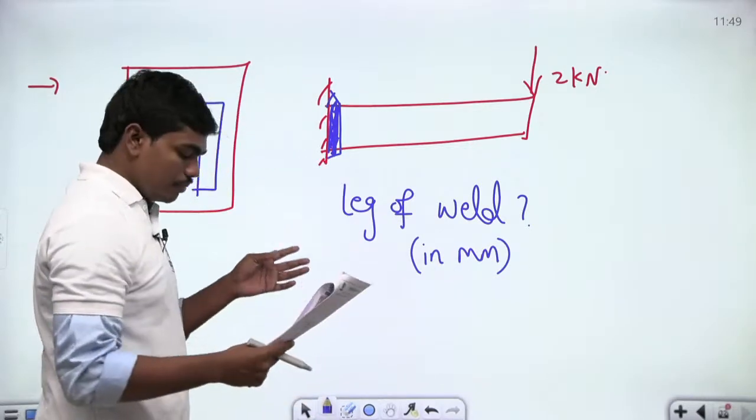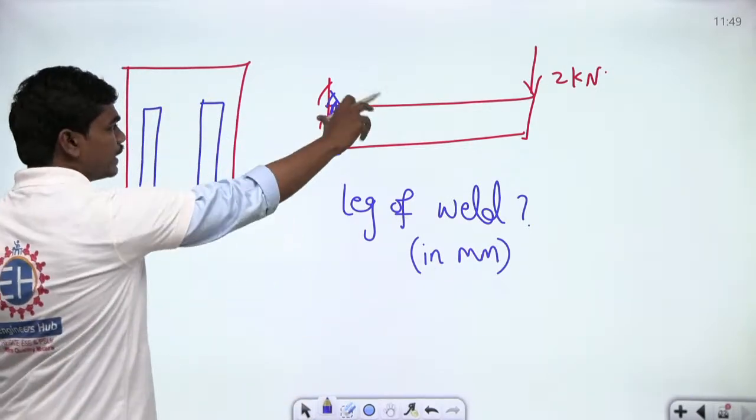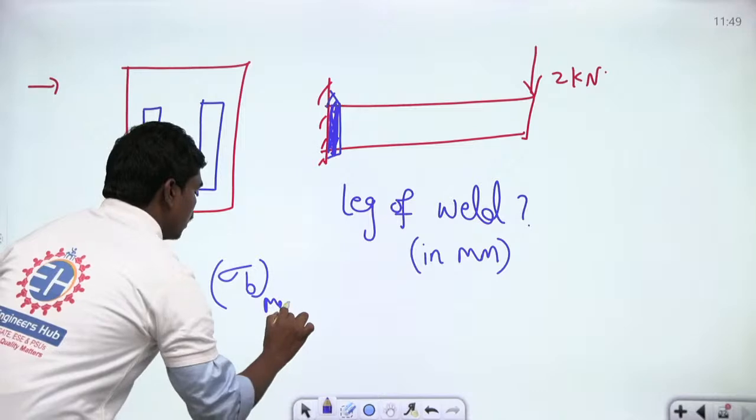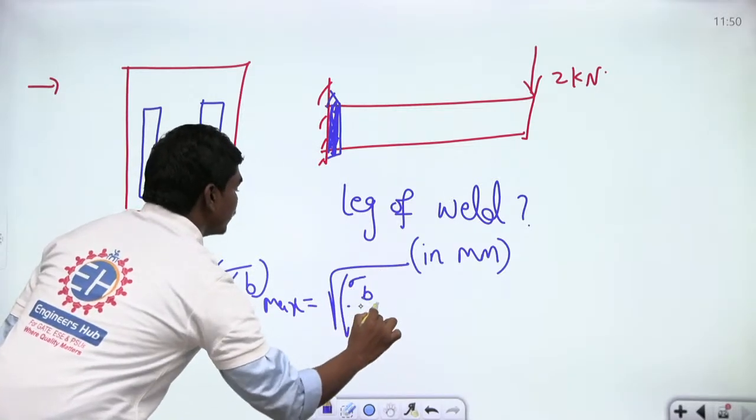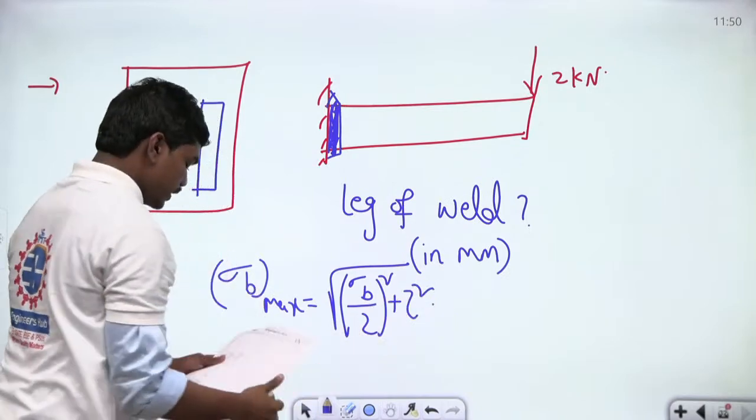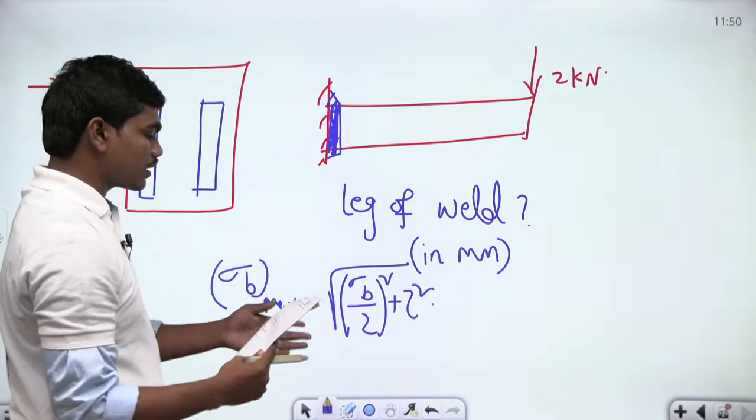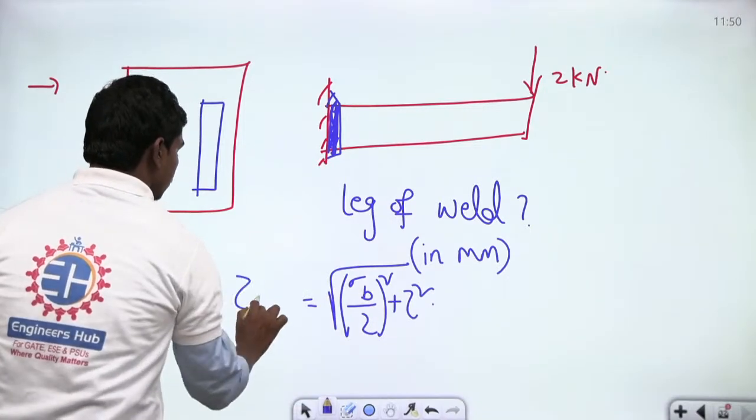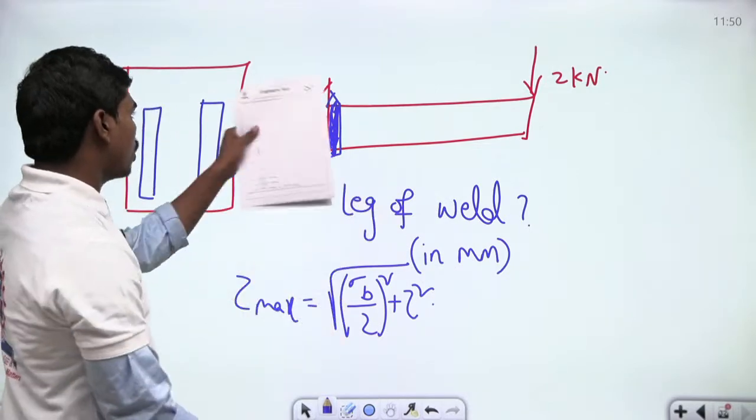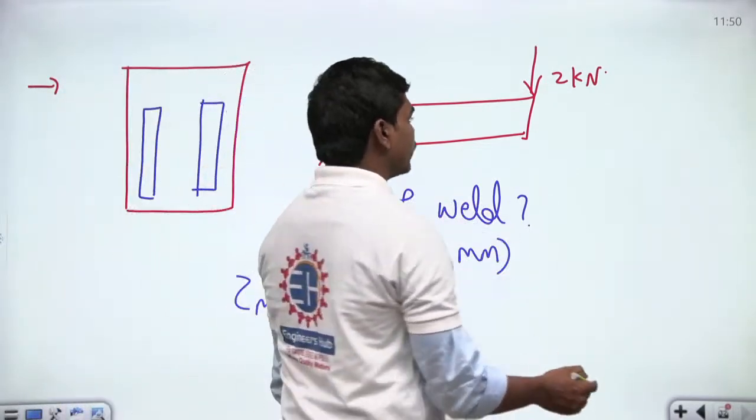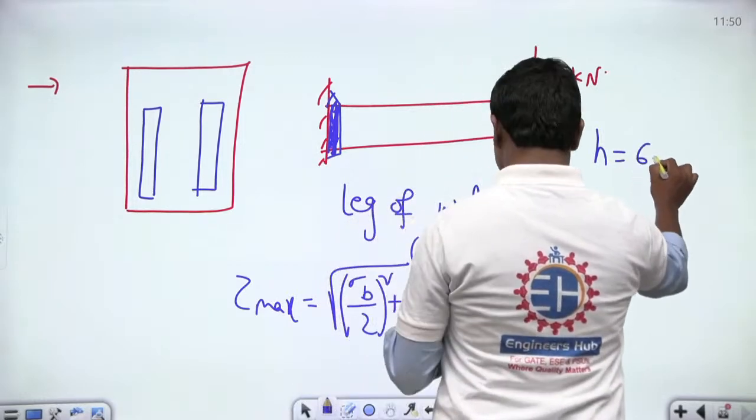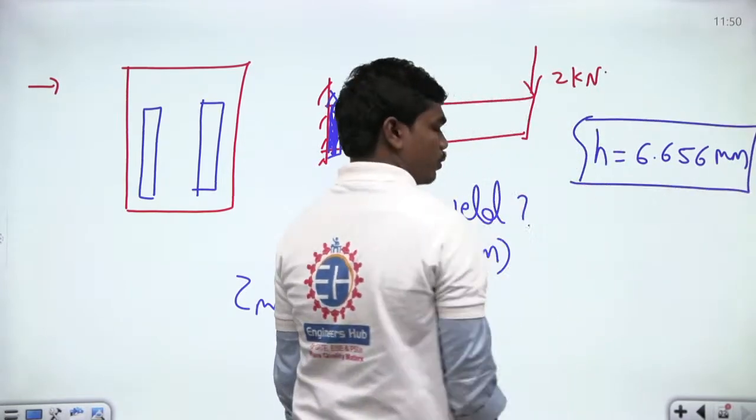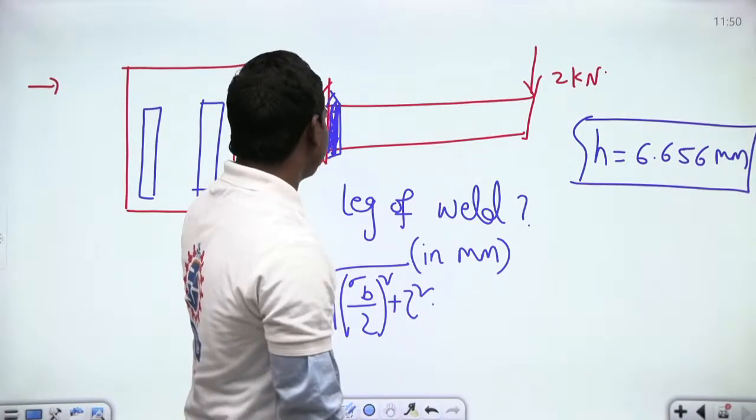So finally, if you apply this flexural equation for bending, and of course some direct shear is also acting, you take the net sigma b max as square root of (sigma b by 2) whole square plus the direct shear effect, which is tau square. This is not sigma max, this is tau max, because this is the maximum in-plane shear stress that's acting. Tau max is given, and sigma b you can calculate from the dimensions. So finally the value that you'll be getting for this length is 6.656 mm. So h is equal to 6.656 mm is the leg size of the weld for maintaining the stability of